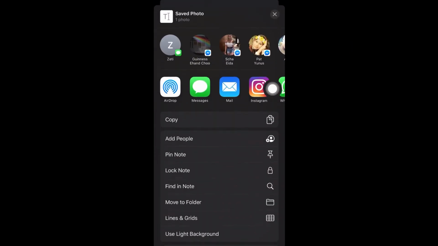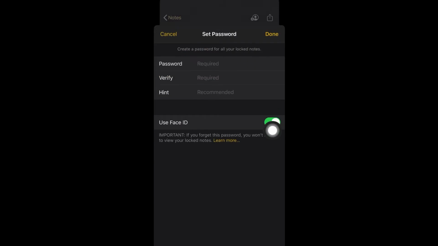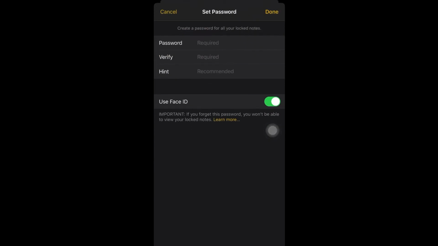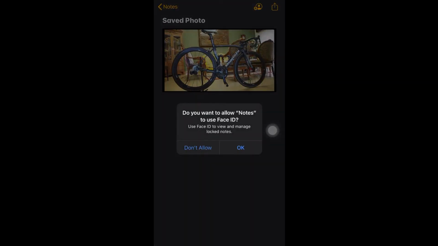And then lock note. Okay, once you lock note, you will see a new screen saying like a password or verify and even hint and use Face ID. So you can enable or disable Face ID to unlock the note. So put in any password that you think is safe, and then remember before you click done, you have to put in the hint so you remember the password you put in. I put in ABC and then OK,